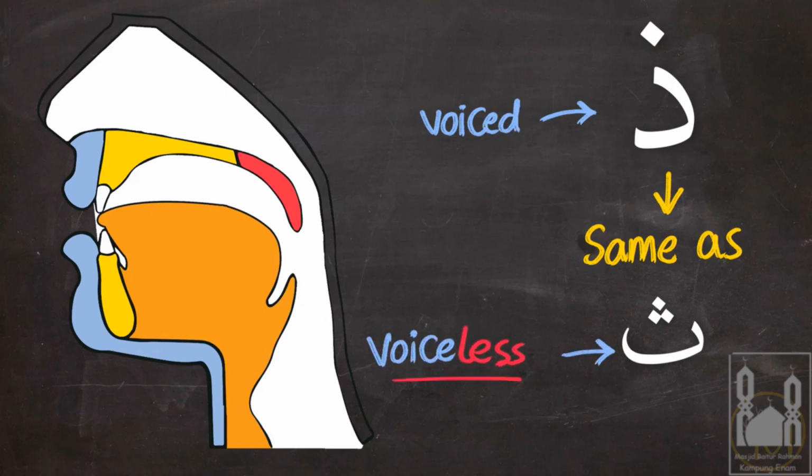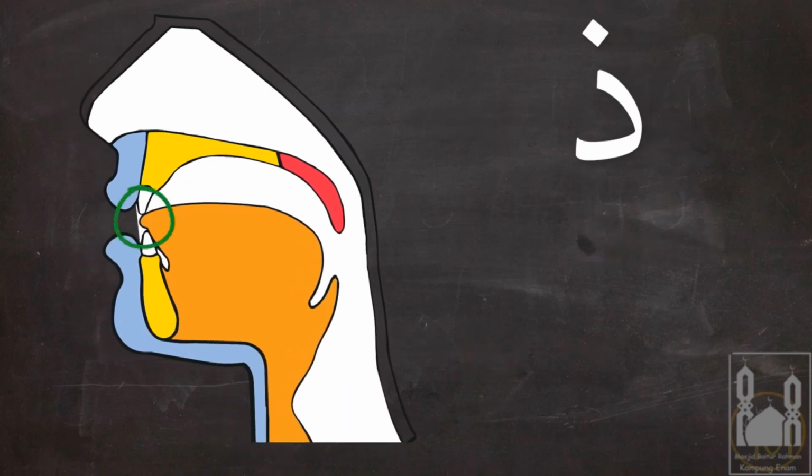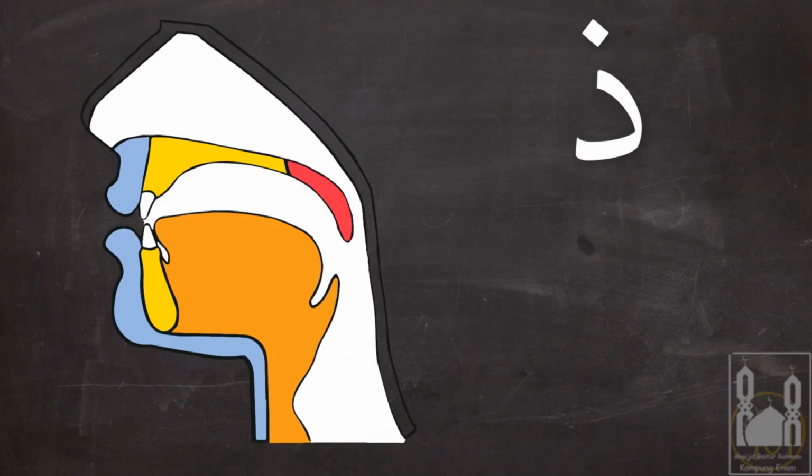So Tha is voiceless, meaning we do not vibrate the vocal cords when pronouncing it, but Dhal is a voiced sound. So the humming of the vibration of the vocal cords will be added to the sound. So to produce Dhal, the tip of the tongue is touching the tip of the upper front teeth, and the vocal cords are vibrating. Dha,